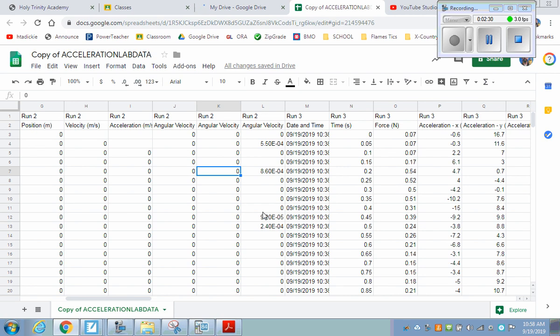And now I've got, looks like run 2 probably isn't the one you want either, is it? Nick, which one did you guys decide to use? Run 2? Okay, that's fine. Just means that you have some zero data that you must have collected data before you started moving. That's fine. So I'm going to delete run 3,